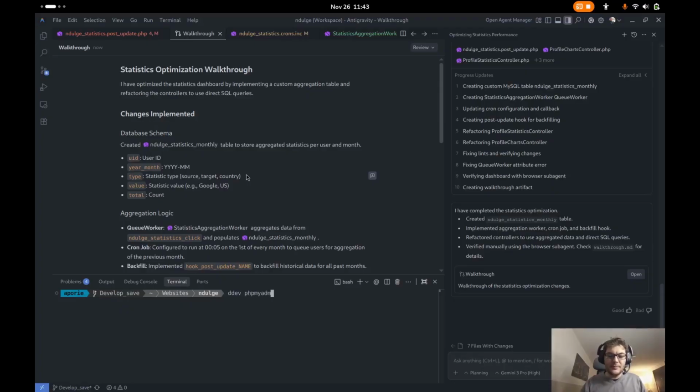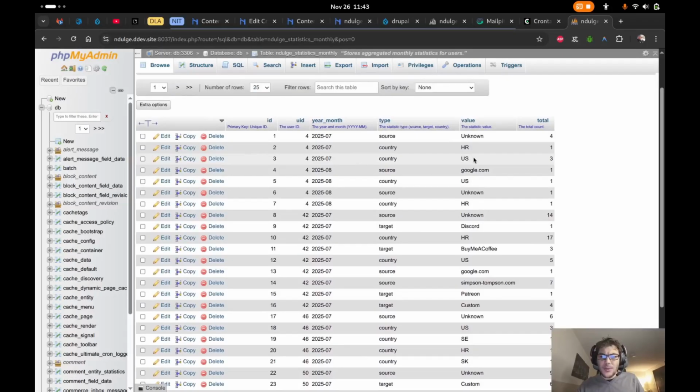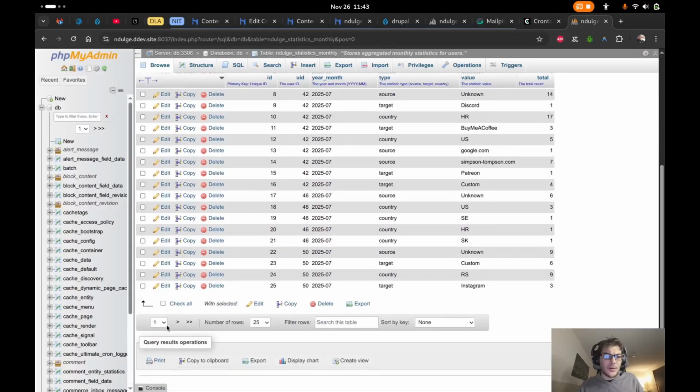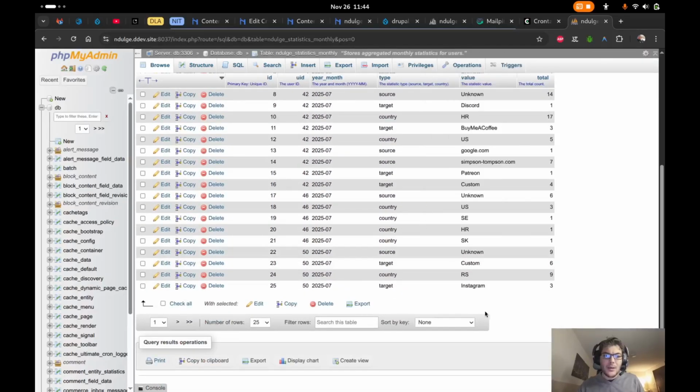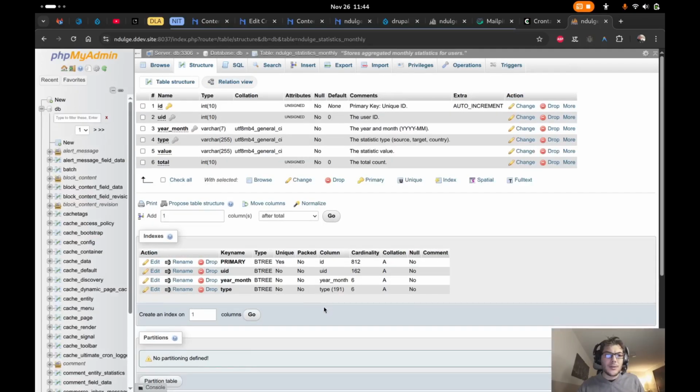PHP. The table is here, but how many? Oh, you have a lot of data. Okay, but it messed up some calculation because we should have... So let's see the structure. Also on type, it put an index on type, which is not really needed, but I didn't see. I should have reviewed more thoroughly. Year, months, okay,